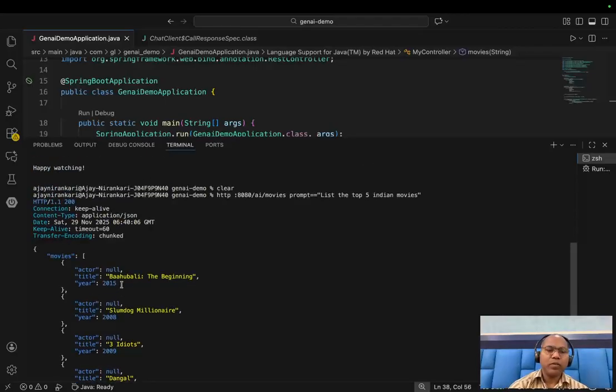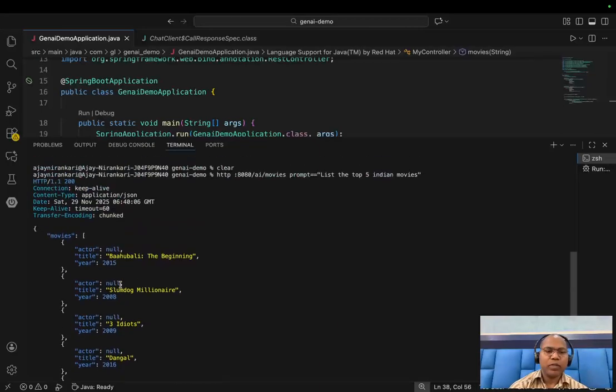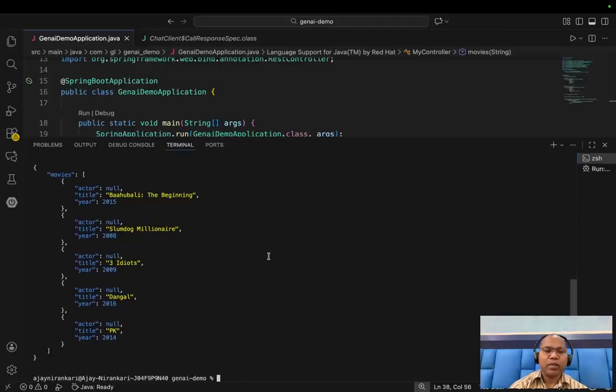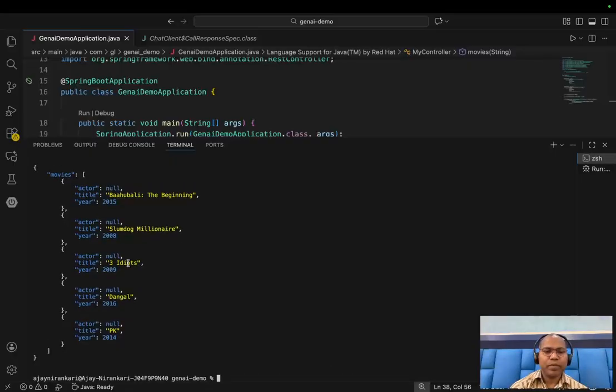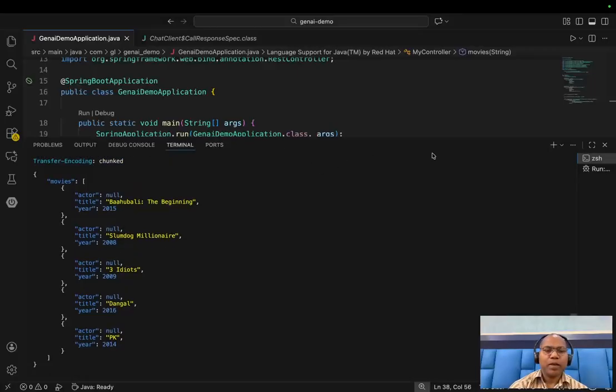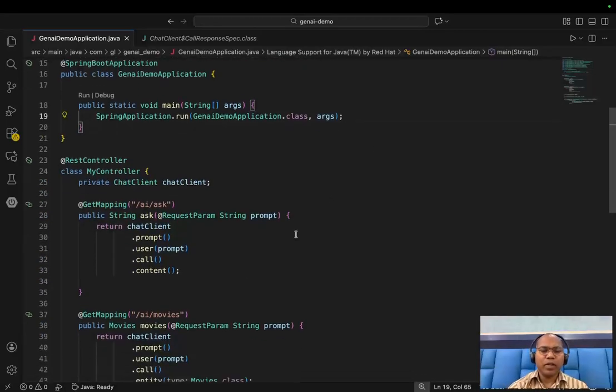Okay, somehow they are movies. What is the key? Might be they are not aware of the response. Okay, so somehow let's check again. Why not generate movies? Maybe let's change again. So sometimes, but in this way you can tell